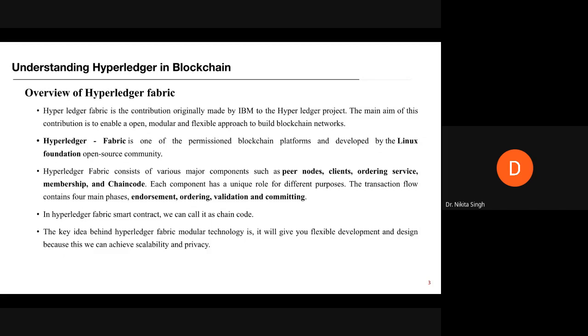Now, both Bitcoin and Ethereum fall into a class of blockchain that we would classify as a public permissionless blockchain technology. What I'm saying is, if you think of Bitcoin, Bitcoin is a public blockchain. It is permissionless. You do not need permission to join the Bitcoin ecosystem. Next is Ethereum. Ethereum is also a public blockchain. It is also a permissionless blockchain.